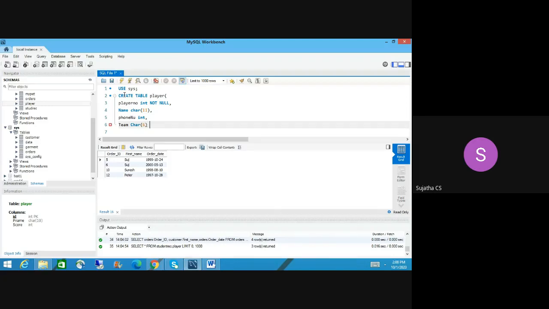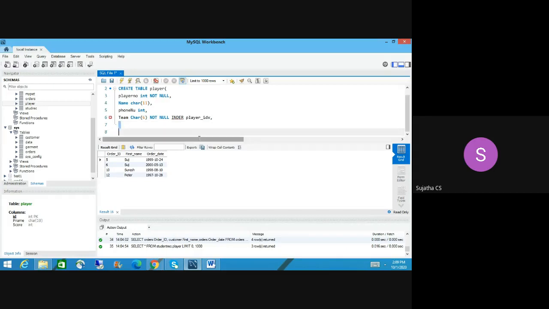So you can use not null here, then index. You have to assign that name, the index name. I would say player underscore IDX index, and then comma.